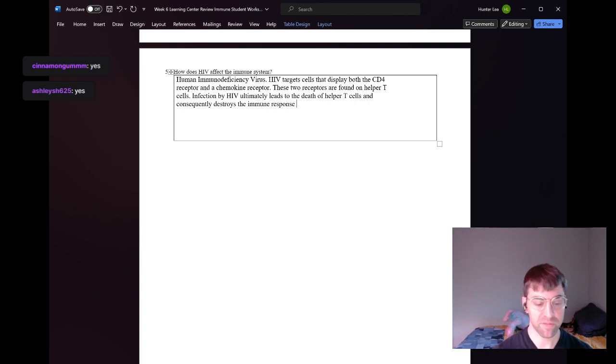The adaptive immune response specifically. Consequently destroys the adaptive immune responses triggered by helper T cells. So infected individuals,